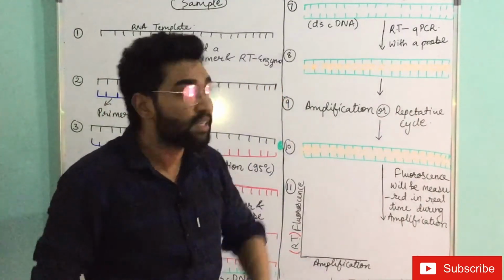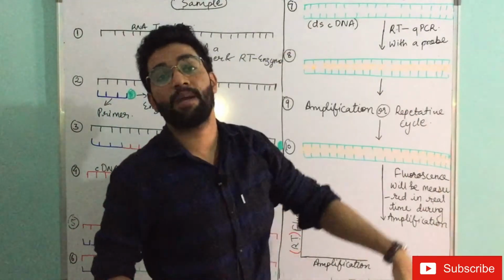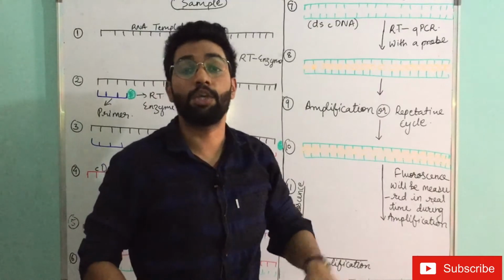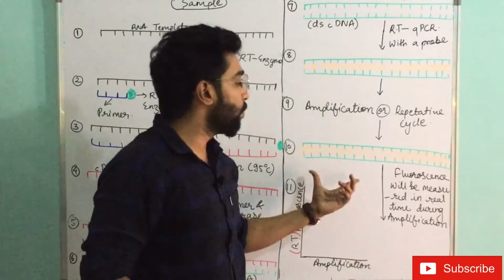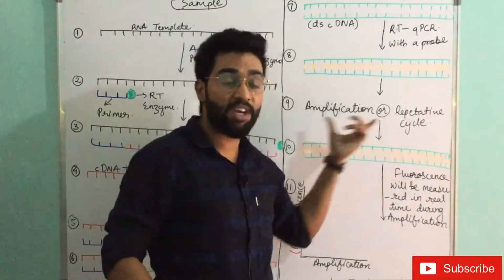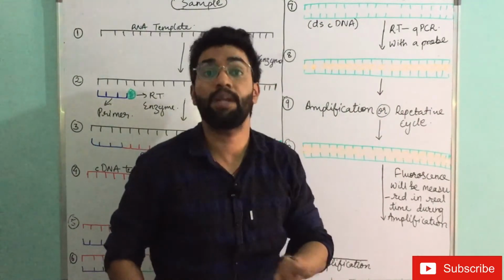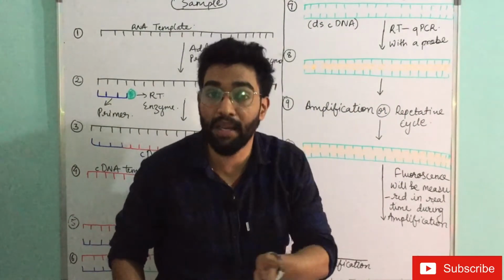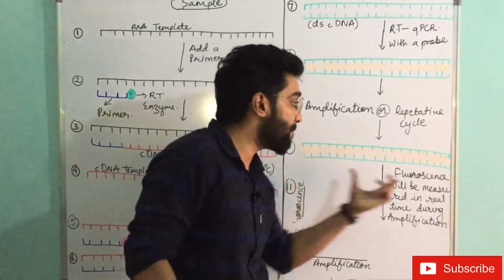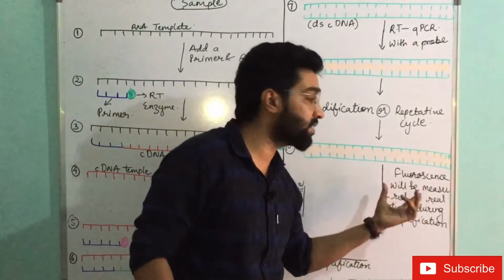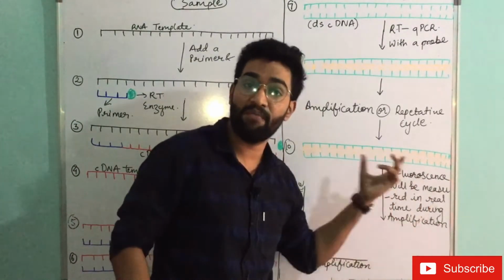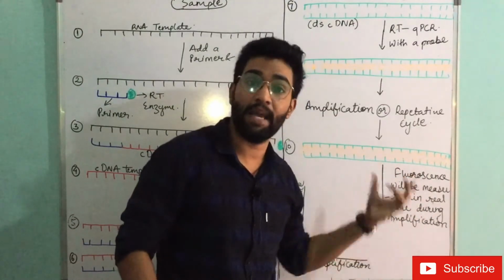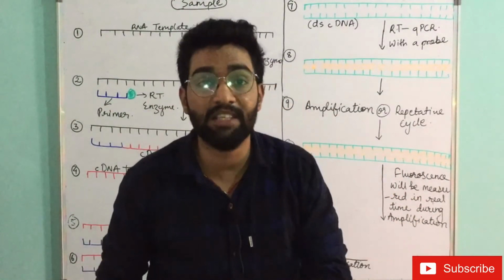measure this fluorescence, this real-time qPCR machine is used. This fluorescence will be measured while the amplification is going on in real time, or in present time. Therefore it is called real time PCR, because amplification and the fluorescence are measured while the amplification is going on in the present time. So now how is this fluorescence measured?